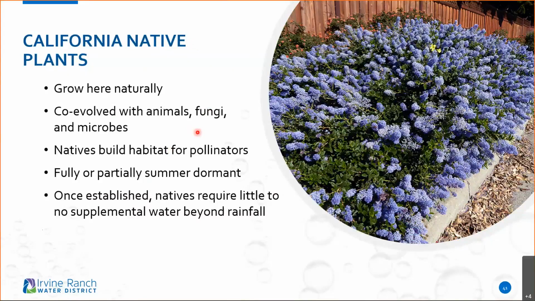The best thing about this bullet point number 4 is they're fully or partially summer dormant. That's one thing when it comes to native plants, is to do a little research on them and learn more about when they require that water. I know my native area, I love all types of plants, and my landscape is a mixture of everything, but it's all kept in these different hydrozones. All my natives are all together in certain areas, and I know that this past summer, I watered my natives about once a month.